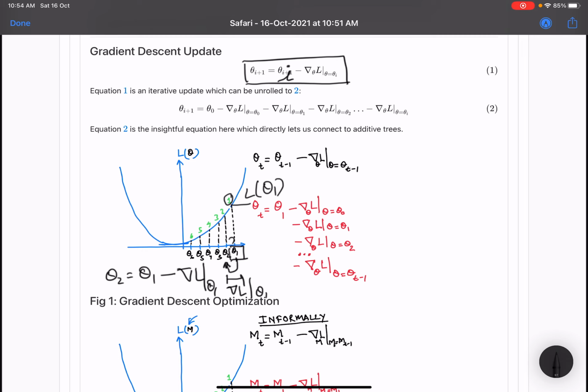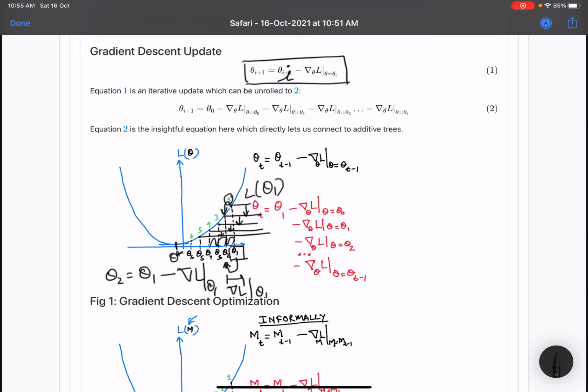and then you do that again, right? Then theta 3 becomes theta 2 minus gradient of loss at theta 2. And you keep moving towards this minimum point theta star, and you can see that at every iteration you are moving down. So this is the decrement, then this is the decrement again. So basically in gradient descent you keep reducing the loss as you move from theta 1 to theta star till you reach the local optima. So that's gradient descent.